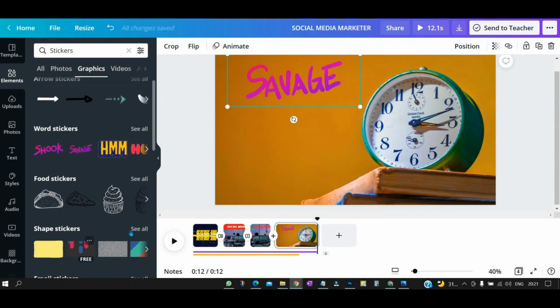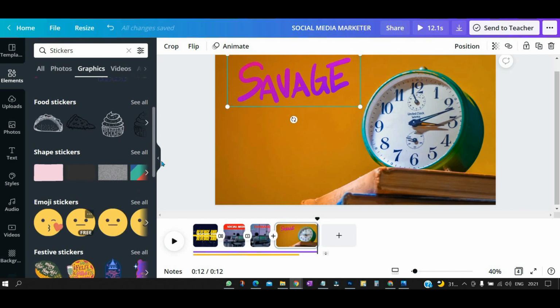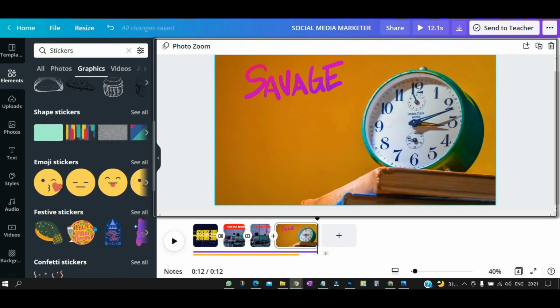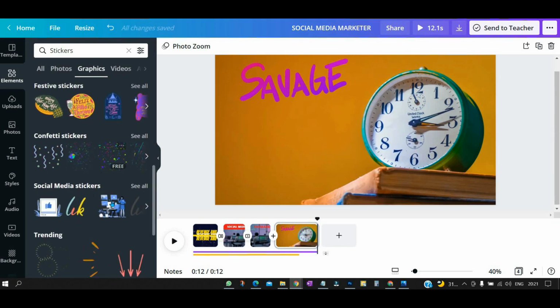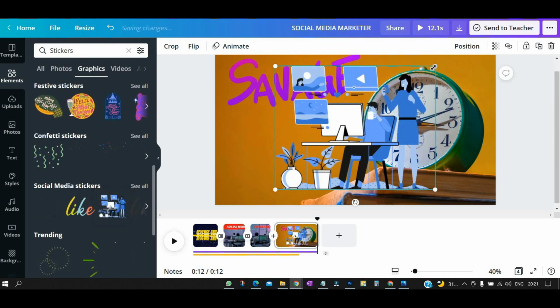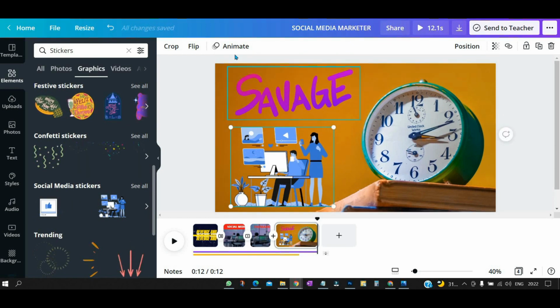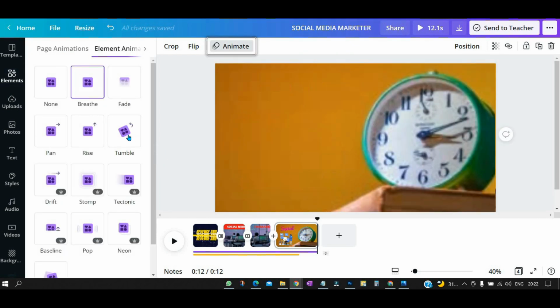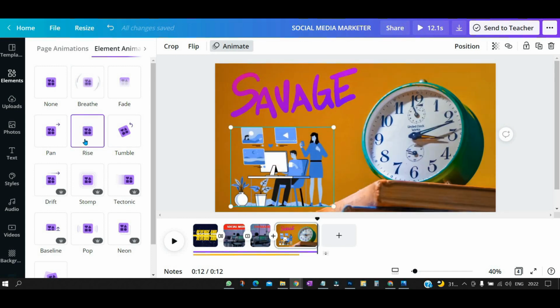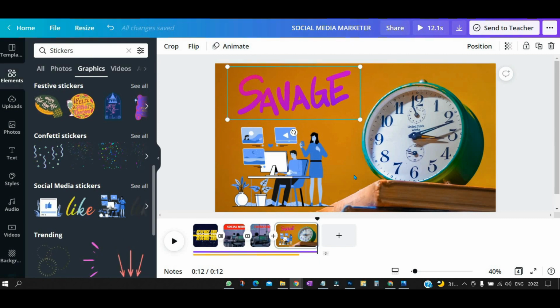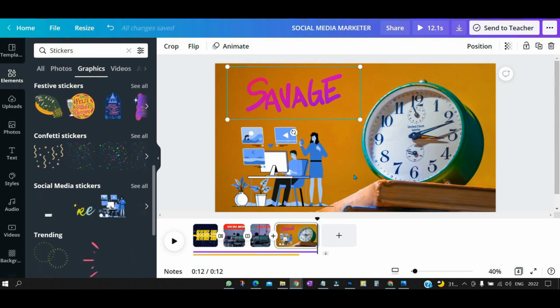Okay, if I add some more stickers, you can see this is an emoji. Yeah, this is a smiley emoji. You can select it, or you can delete that one and select the emoji or sticker that you want. Okay, so I think this is better. Let me place it over, and you can literally animate this, right? You can select the animate option and the effect that you want. Just keep your cursor over it and click on that, and it will automatically be applied. This is already animated, so no need to do much more, and it is looking much better. Okay, in this way you can easily add elements and animate them.